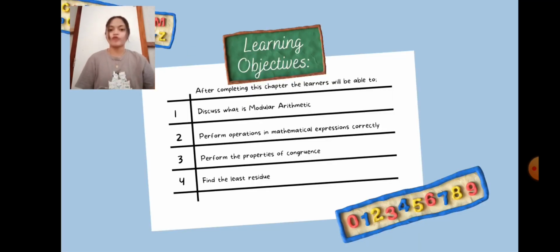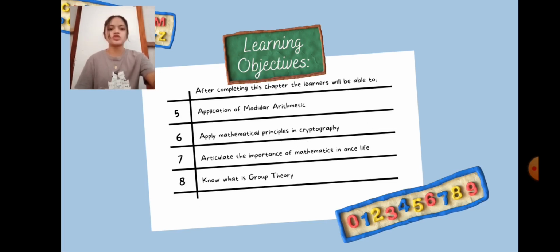And now, to formally start the discussion, let's first meet our learning objectives. After completing these chapters, the learner will be able to: first, discuss what is modular arithmetic; 2, perform operations on mathematical expressions correctly; 3, perform the properties of congruence; 4, find the least residue; 5, apply modular arithmetic; 6, apply mathematical principles in cryptography; 7, articulate the importance of mathematics in one's life;